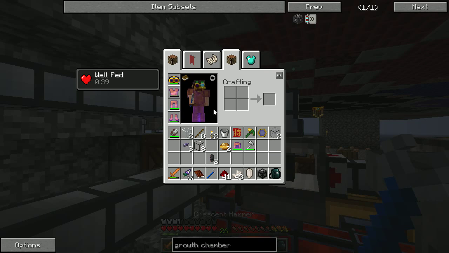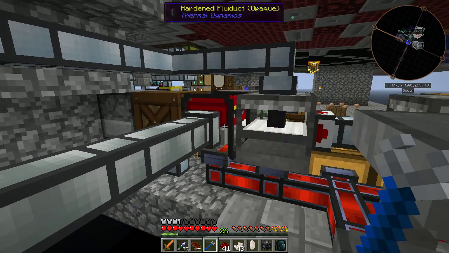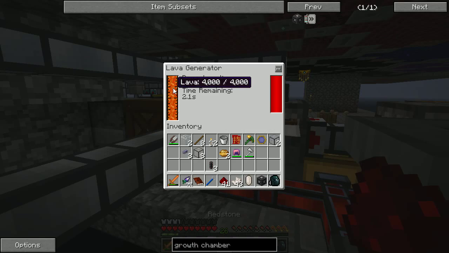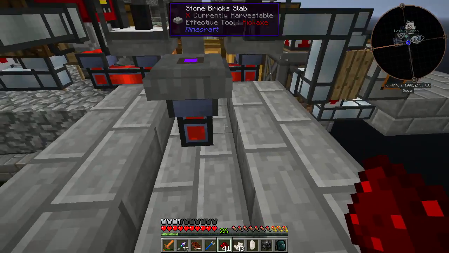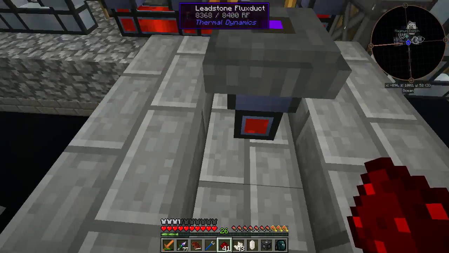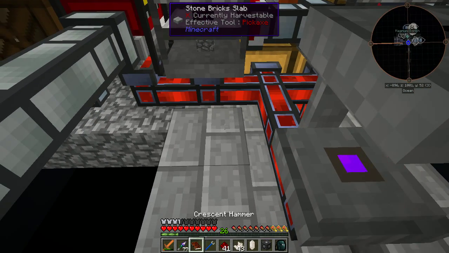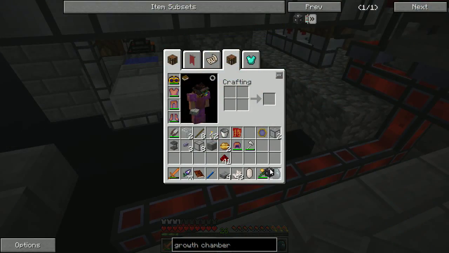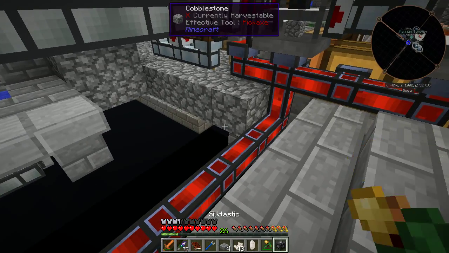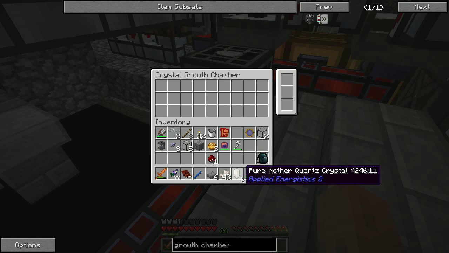Do I have my magnet on? Because if I lose any of this, I'm going to be pissed off. Alright. You're fine, you're fine, you're making lots of lava. I think we're good to tap into more of this. But I think I'm going to move it to the side as opposed to back. Yeah. Let's do that. Alright, so we have the crystal growth chamber. And I guess...